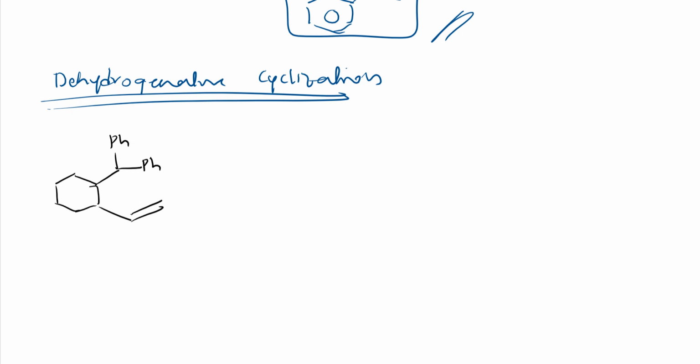So it is a benzene ring here. See, this carbon is an allylic carbon, right? And the protons attached to an allylic carbon are allylic protons, right? So here I can show this H. So I can take this DDQ. It will take this hydride first. So I'll get this product here.